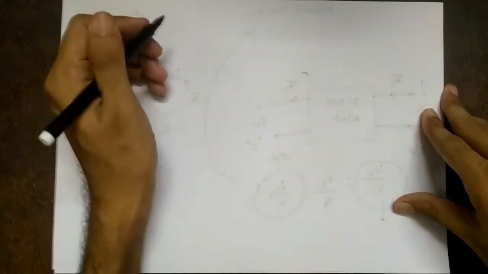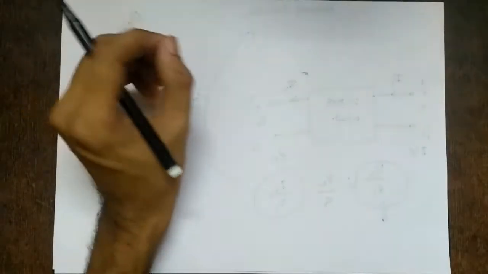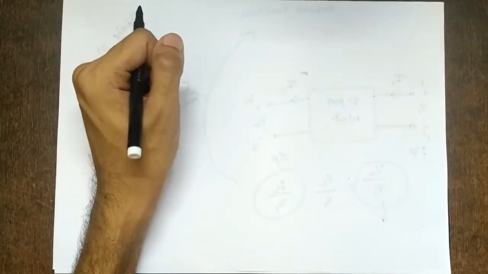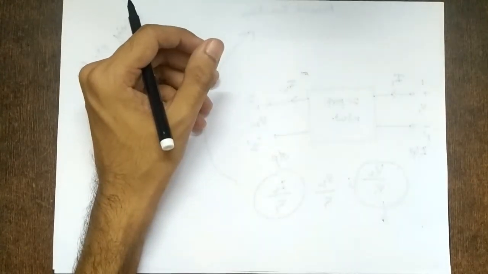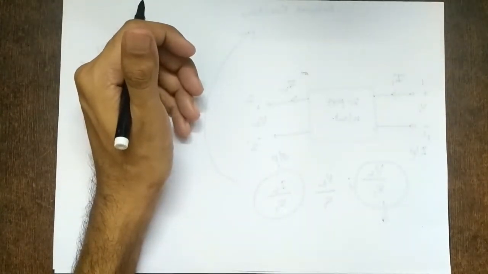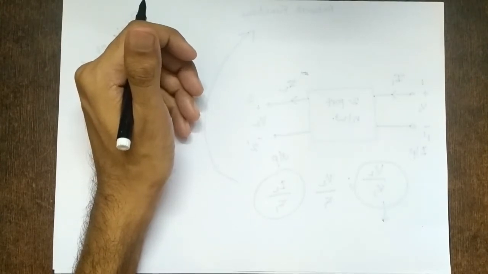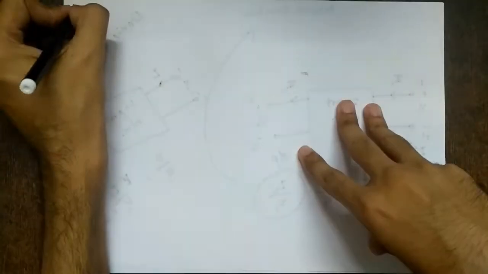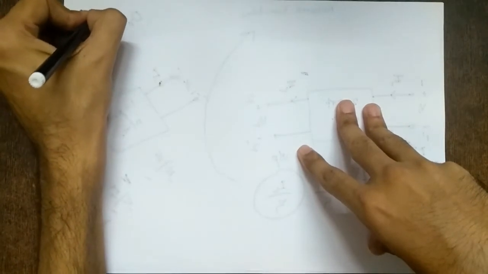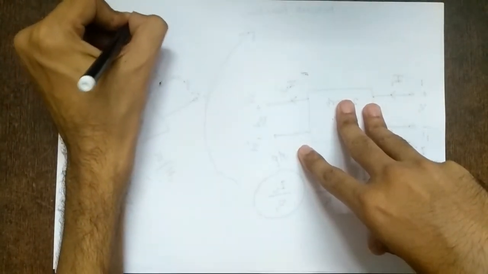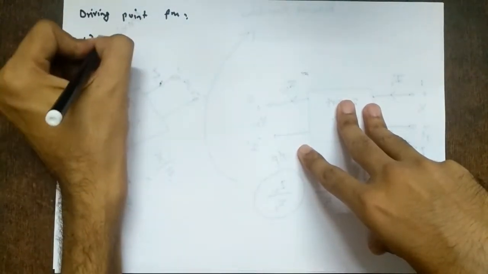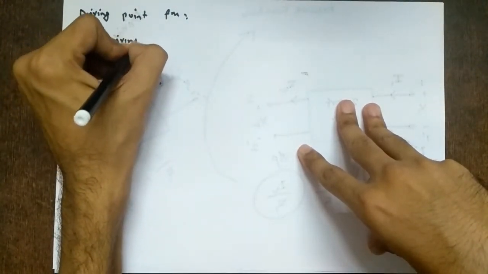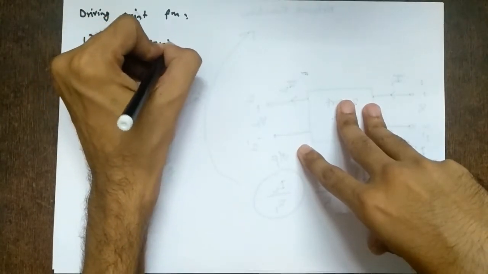So what is a driving point function? If the excitation and response are measured at the same port, then the network function is known as a driving point function. So if you are talking about one port, only one voltage and current are specified, and hence only one network function can be defined. So for driving point functions, first which we have is the driving point